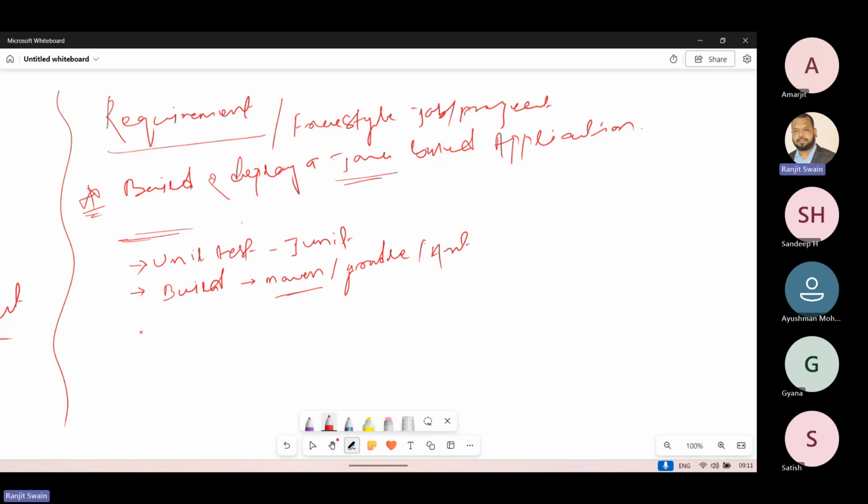Okay. Now what do you have to do? After building, what do you need? Deploy this one. So where to deploy? Because Java applications require a server to be installed first. It requires a server to be deployed on, right? For that, we can use multiple servers. Whether you can use Tomcat, we can use